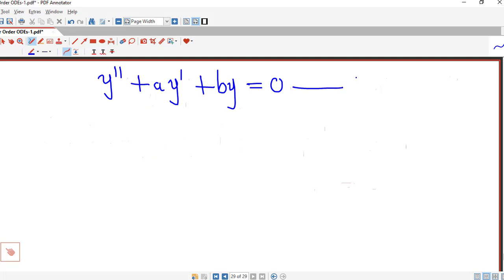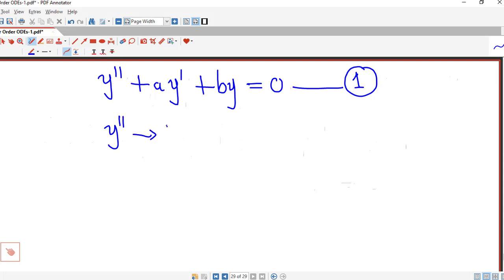So we want to discuss how to solve this equation number 1, which is a second order homogeneous linear ordinary differential equation with constant coefficients. So to write down the general solution of this equation number 1, we will replace the second